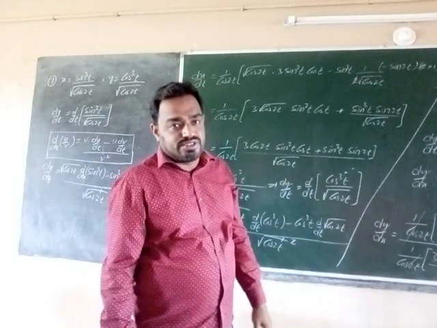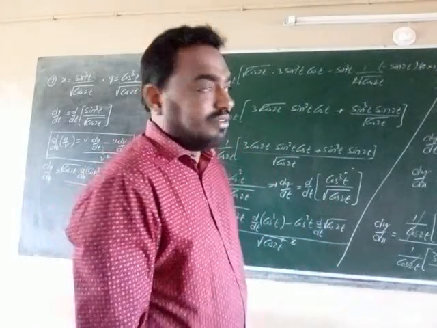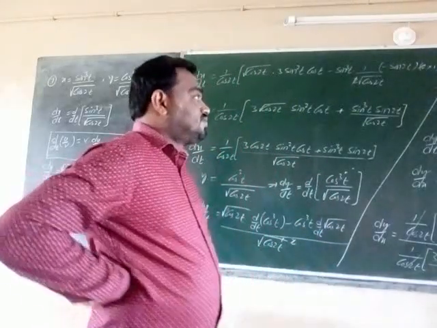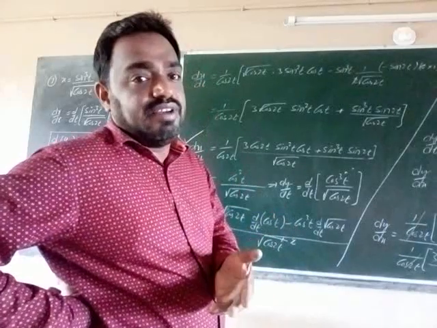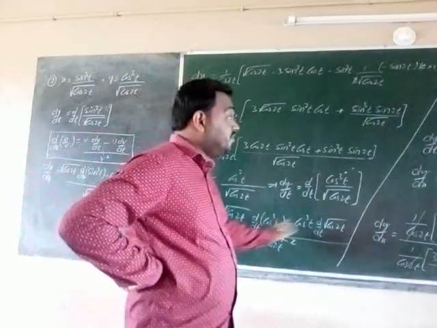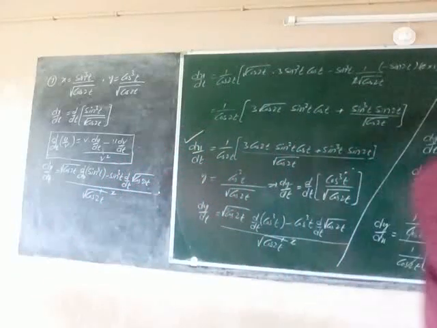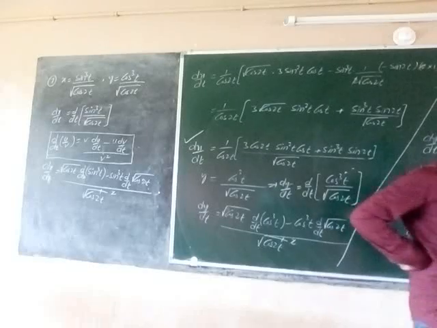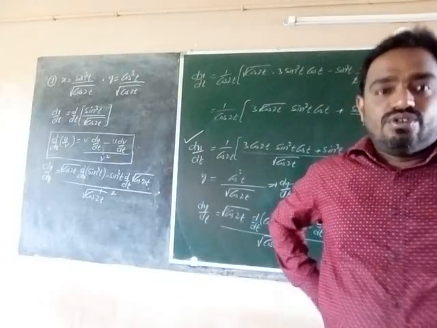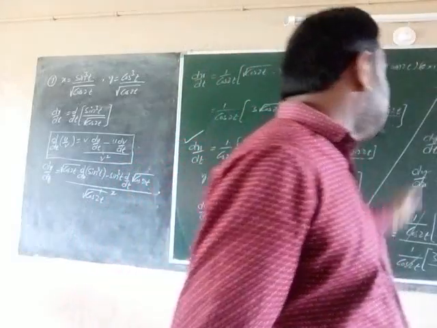It is in the form of x cube, like there we found for sin cube. Here cos cube t derivative: x cube derivative is 3x square. So 3 cos square t. Cos t derivative is minus sin t. I have written here. Next, minus cos cube t as it is. Next, the derivative of root of cos 2t. So you see.